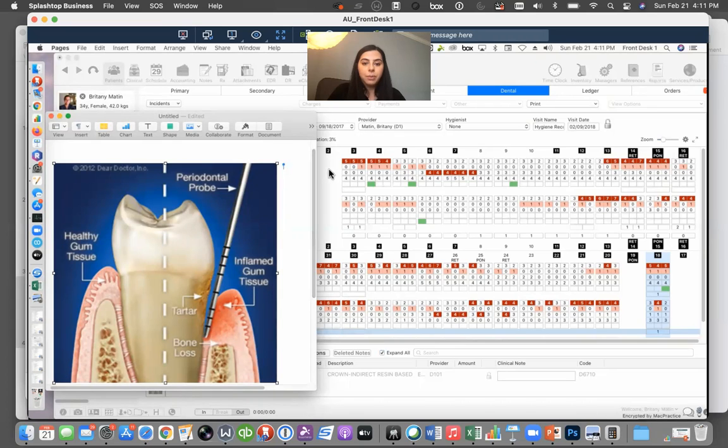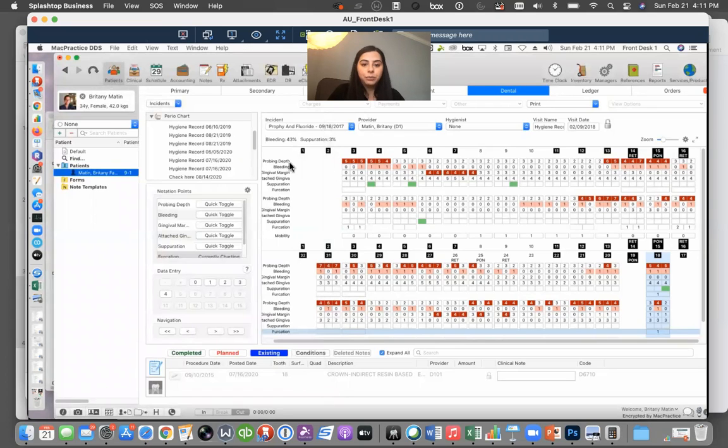So these numbers are represented on this periodontal chart as probing depth. A healthy number is 3 or less. You can see some of these numbers that are greater than 3 are highlighted in red. Those mean that they are not healthy pockets. Sometimes you can have a 4 millimeter pocket that is okay and healthy enough, but I wanted you to know